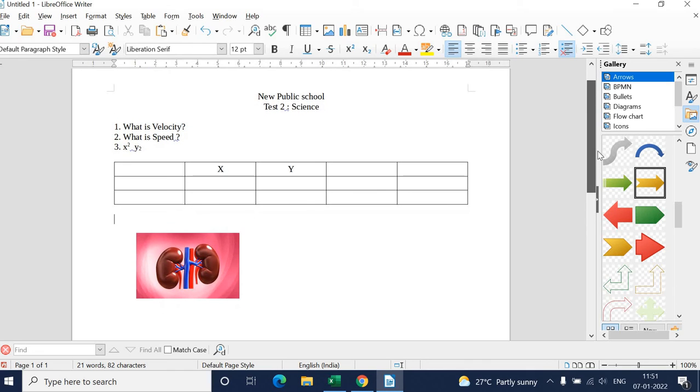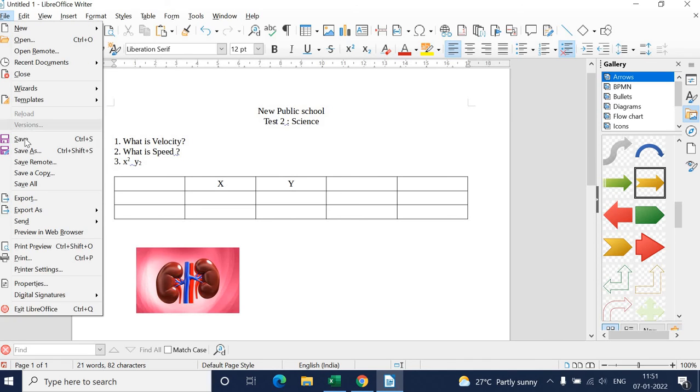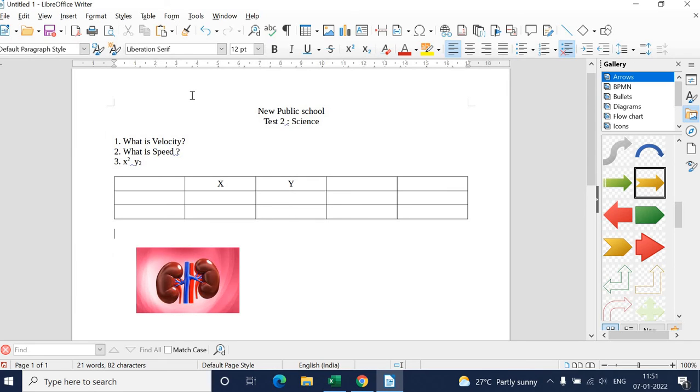So this is the way you can use this Libra Writer, and you can save. Best part is you can save in MS Word format also. You can use doc files also, you can save it. See, save option is there, save as is there, and you can copy and place it here. That's the one. Similarly, all the tools which are available here, you can use.